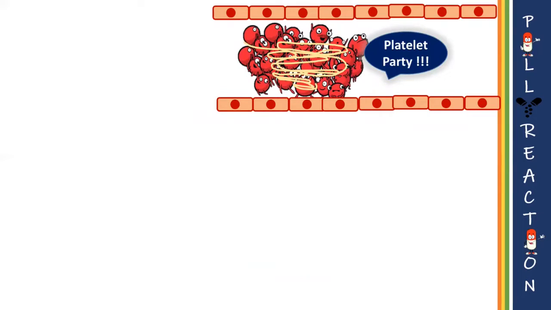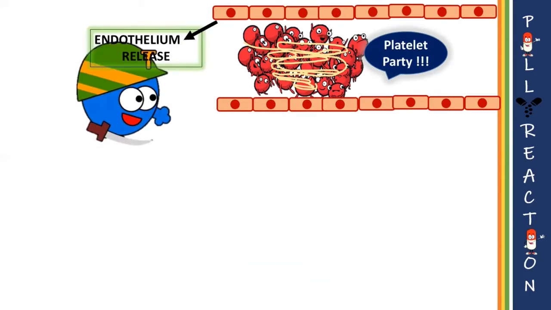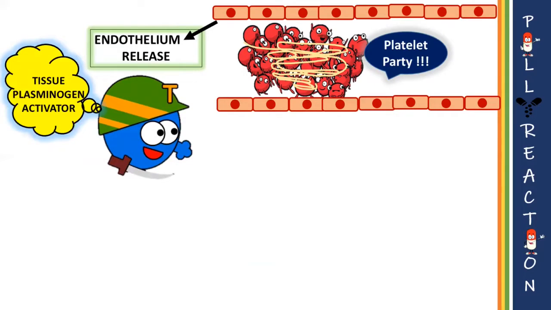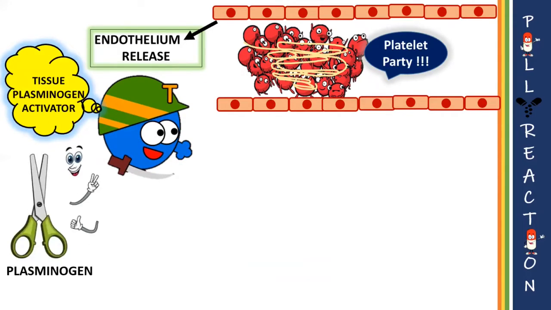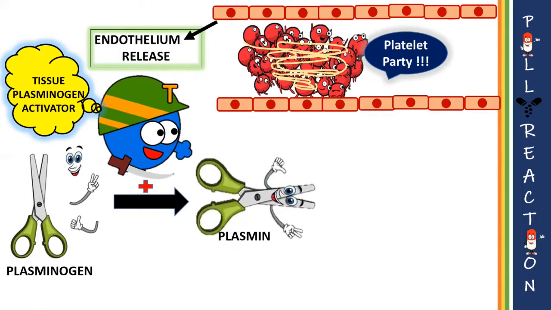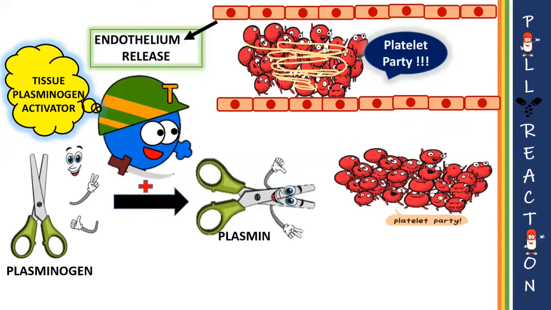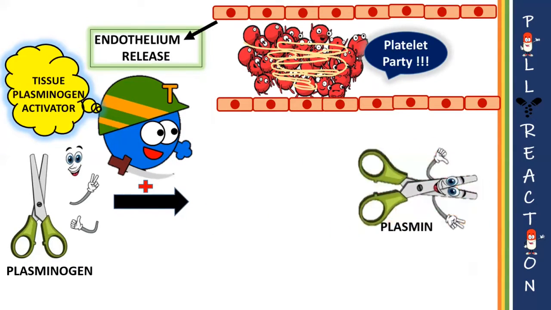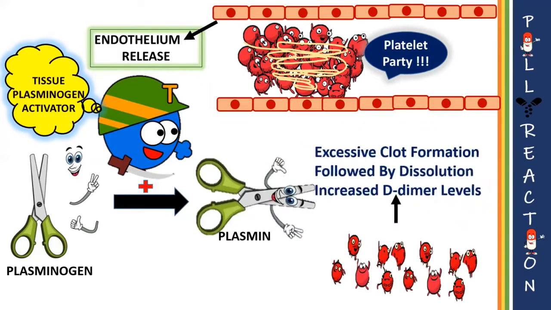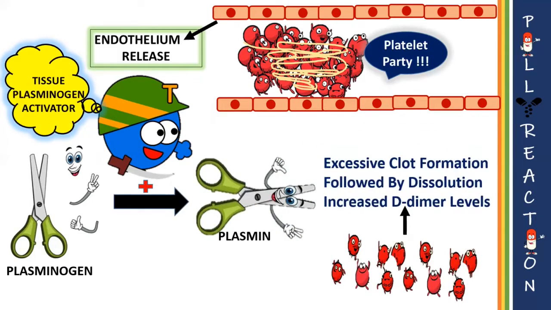This thrombus has the fibrin mesh along with the protein D-dimer. The endothelium of the blood vessels releases something called tissue plasminogen activator. This mediator will act on the precursor plasminogen and convert it into the active plasmin. Now, this formed plasmin is a clot dissolving substance, meaning this plasmin can dissolve the clot. It can act on the fibrin mesh and break it down and release fibrin degradation products and the protein D-dimer. Hence, as the clot is dissolved, the D-dimer level is increased.